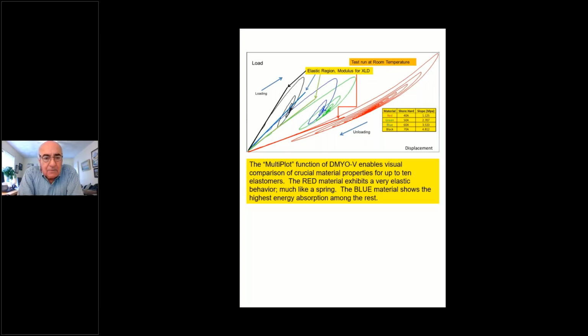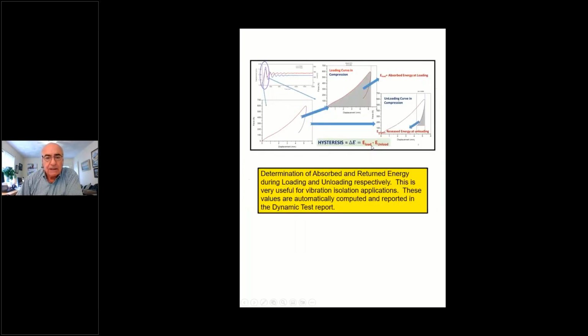Actually, the slopes are taken in the linear region, meaning right about here. And these are the linear. And we relate this to crosslink density relatively measured. That's what we think is very important to be able to figure out. Not an absolute measurement, but a relative measurement. We go to the next